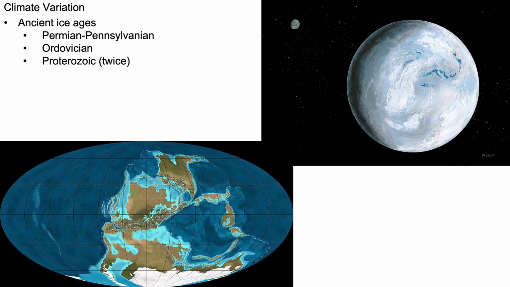So this climate variability extends further back into time with even larger events. The ancient ice ages, as we'll call them here, include the Permo-Pennsylvanian ice ages. We call them the Permo-Carboniferous a little bit earlier in lecture. They go by both names. The Proterozoic snowball Earth seems to have happened twice, about 800 million years ago and about 600 million years ago. Those are 2 key periods in Earth history for a number of other reasons related to the biosphere principally.